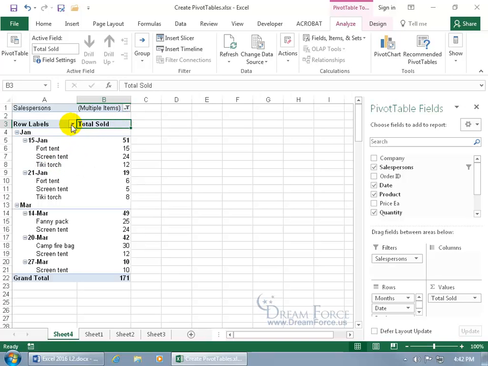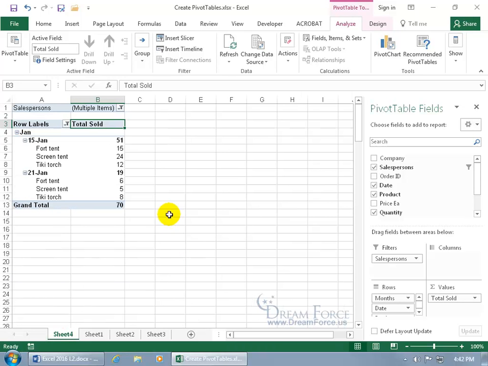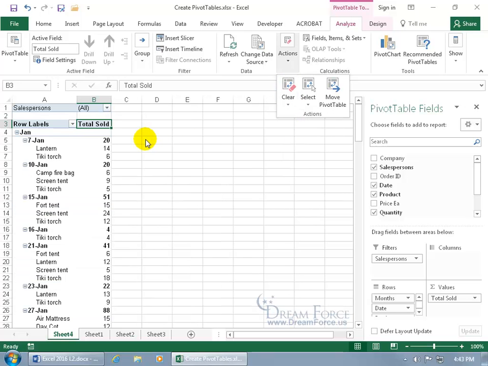And you can do a double filter. Click on the drop-down arrow and say for months, let's deselect all. We just want January and February, and click OK. And there we go for both of them. There's the total sales for January. Nothing for February though, otherwise it would have pulled it in. Now, if you get a lot of these filter fields, instead of clicking on the drop-down arrow and selecting all again, you can come up here on the Analyze tab to the Actions group, click on the drop-down arrow, click on Clear, and say that you want to clear the filters,